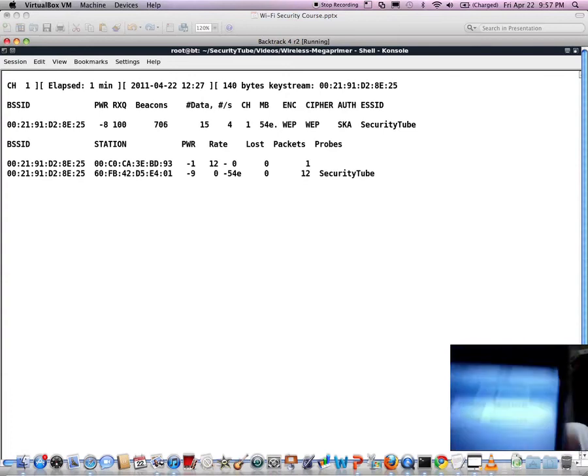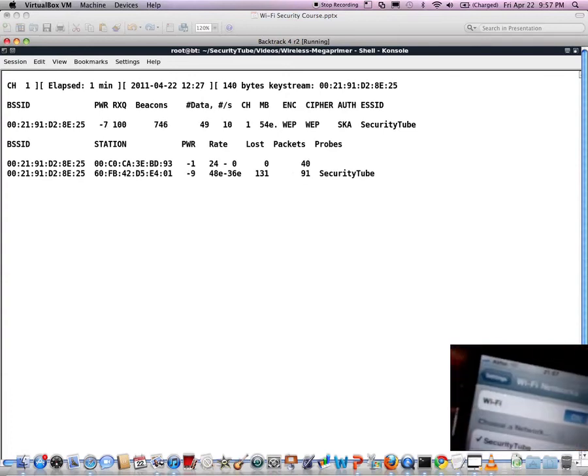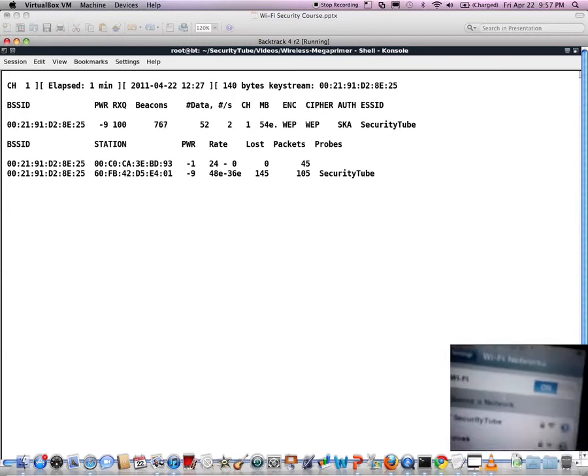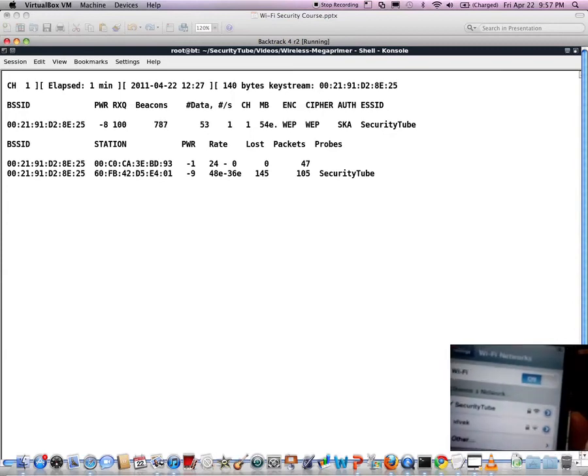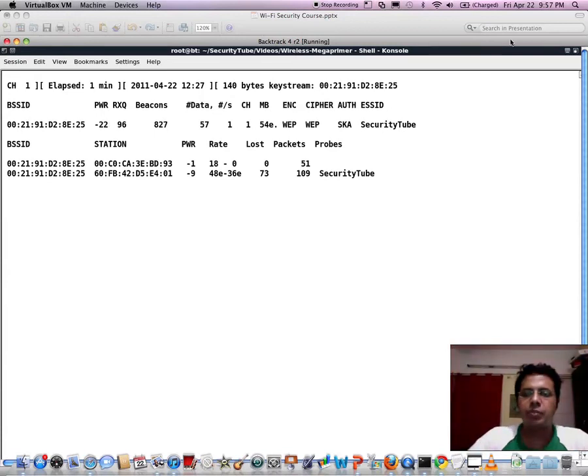I click on join, and if you notice, now it is connected to security tube, right? And in the meantime, airodump has mentioned SKA here, just to signify that shared key authentication is what is being used.